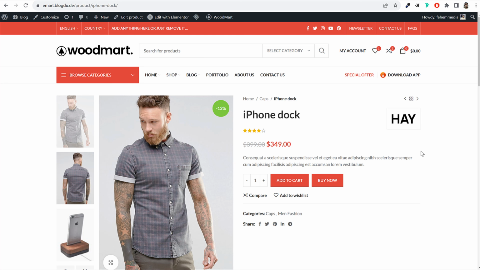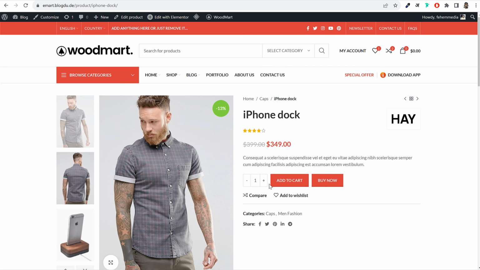Now we'll also see how to create different brands, and how to connect these products with different brands. For example, here, as you can see, this product belongs to this brand, Hey brand. Okay, I'll show you about this branding option. You can see the title of the product or the name of the product, average rating, what is the price,